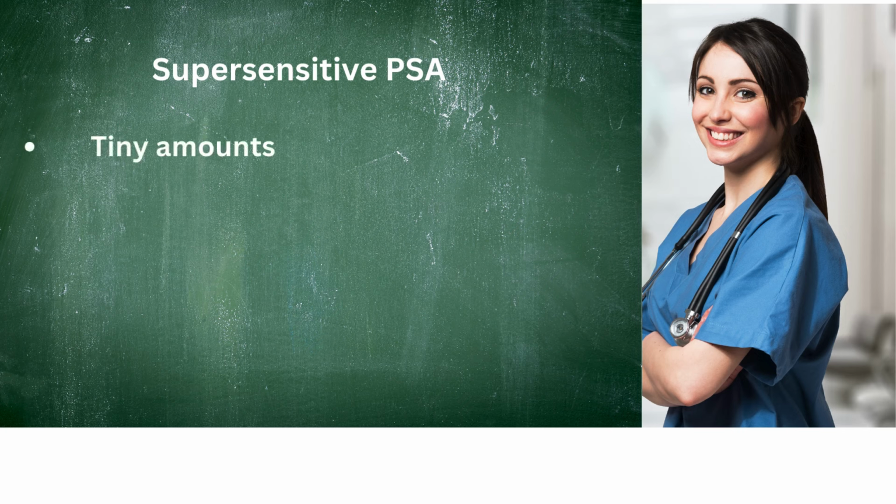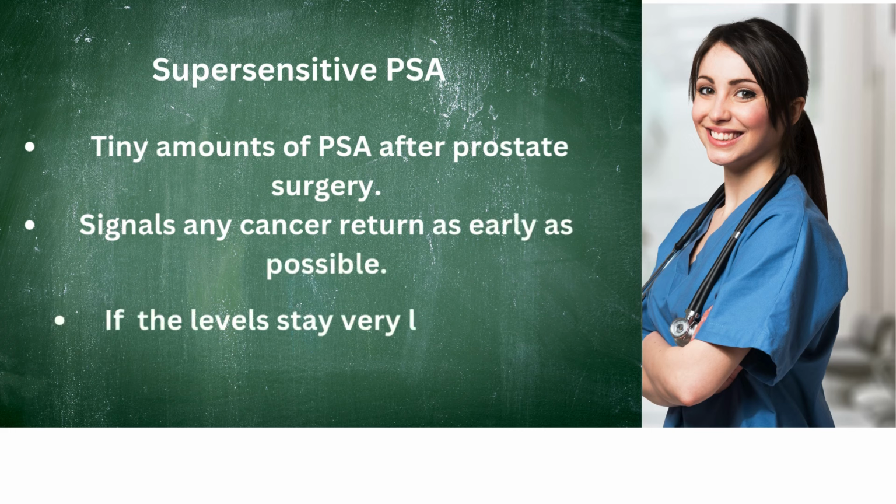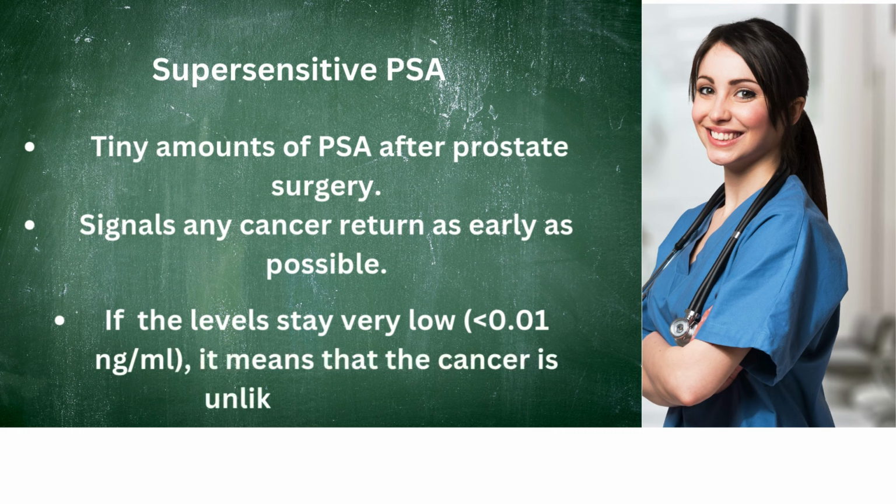The fifth metric is supersensitive PSA. Supersensitive PSA detects tiny amounts of PSA after prostate surgery, which signals any cancer return as early as possible. If the levels stay very low, less than 0.01 nanogram per milliliter, it means that the cancer is unlikely to